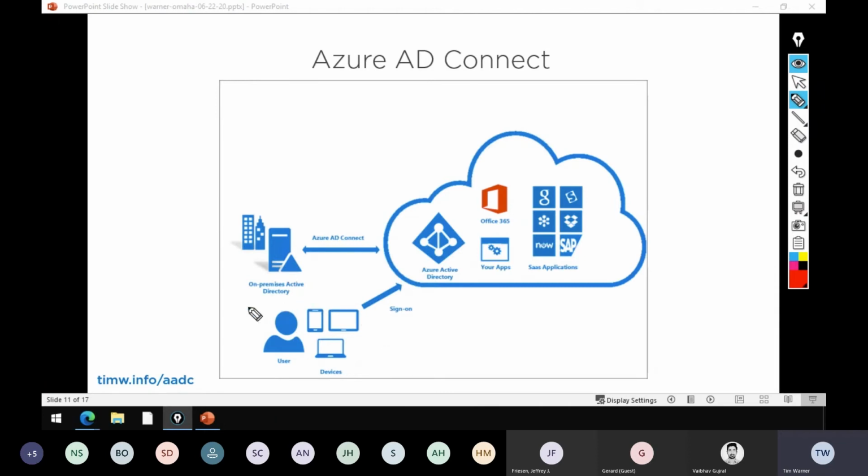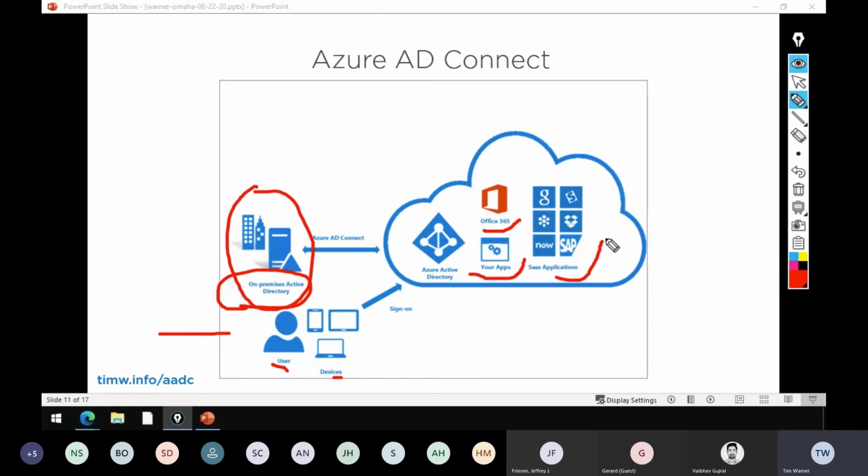Here's the situation. You've got an on-premises Active Directory environment and your users are signing in to domain joined devices. No problem. They've got their SMTP business email ID, yourcompany.com, let's say, tim@company.com, and I've got a password that's being managed locally, thank you very much, that's not going to change. However, our business is gradually expanding into the Azure cloud, and we're using, say, Office 365 apps. We're starting to develop our own cloud apps.